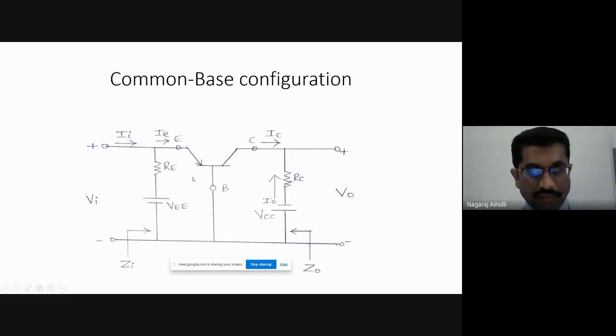in the AC equivalent circuit or in the re model, the PN junction is represented by a diode, and further it can be replaced by the AC resistance small re. Then the remaining resistances are as usual. If RE is there between emitter and ground, it is connected between emitter and ground. Then RC is there between collector and ground, so it is connected between collector and ground, right? Then small re comes between emitter and base, therefore it is connected between emitter and base. So like this, we have to draw the re model of the common base configuration, or maybe any circuit. Start from the main circuit, make the DC voltage 0 and then draw the re model.